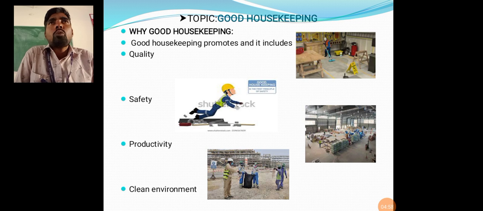So we arrange things neatly. For example, damaged materials go on one side, properly manufactured materials on another, and average materials on another. To maintain quality, neat and good housekeeping is required.